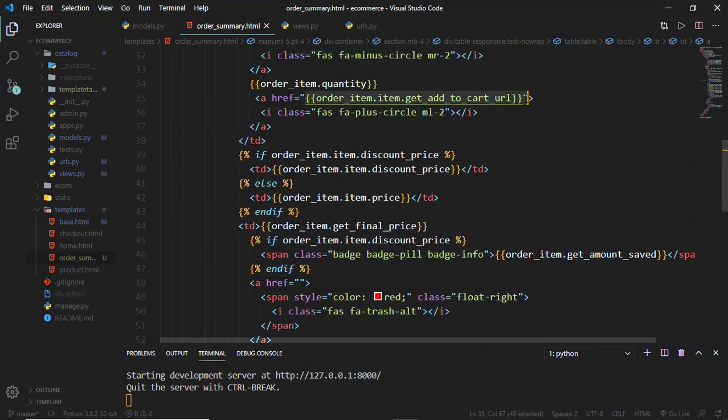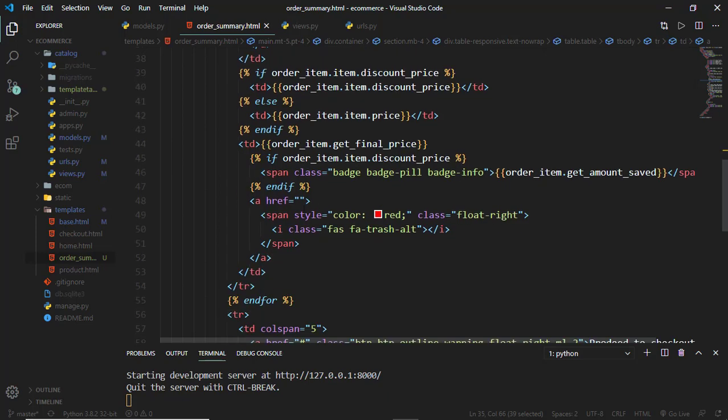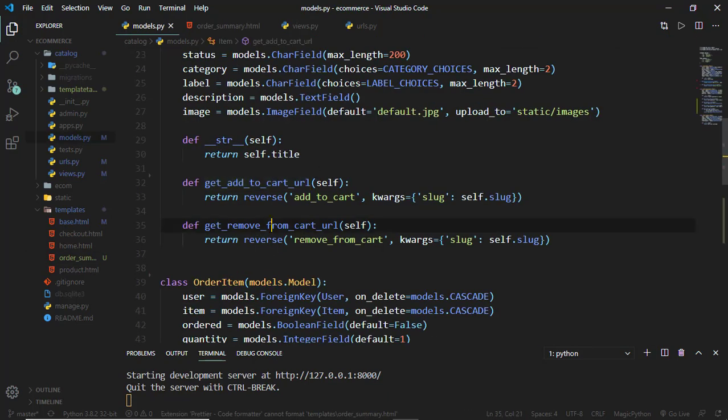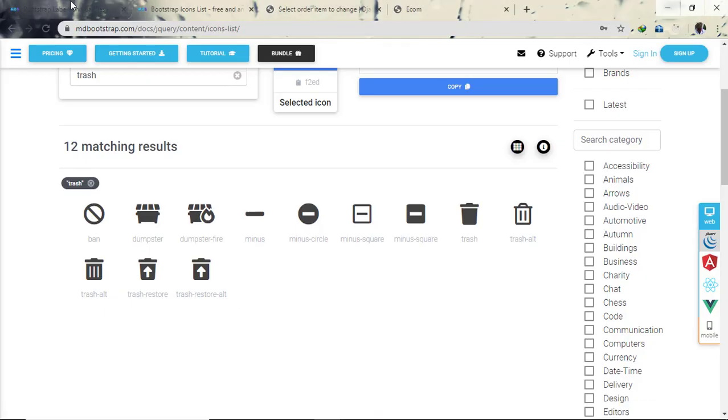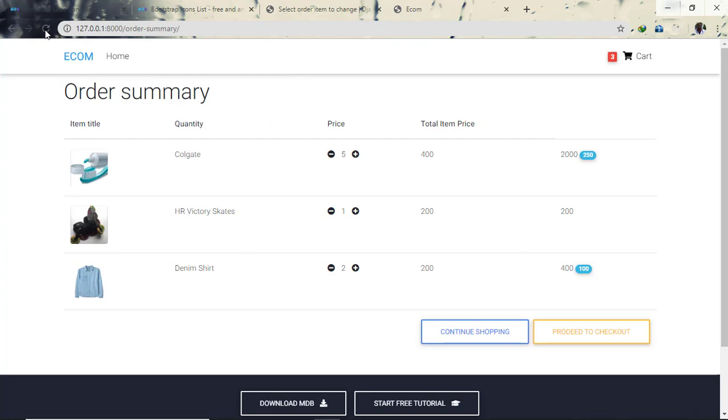So the href is going to be similar to that. And if we go back to the model, that was remove from cart URL, we can copy that, bring it back. So this will be get remove from cart URL. And if we come back and refresh,